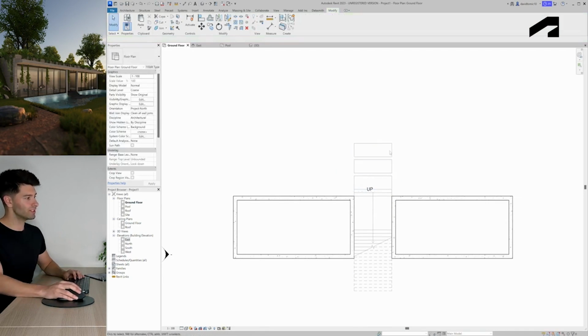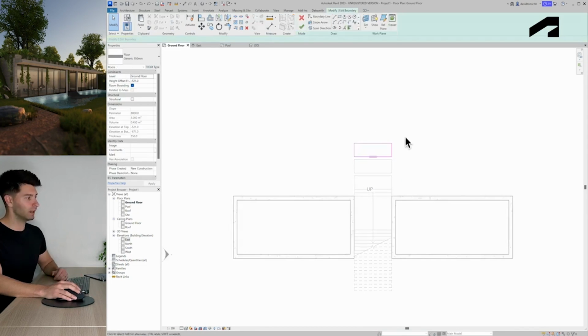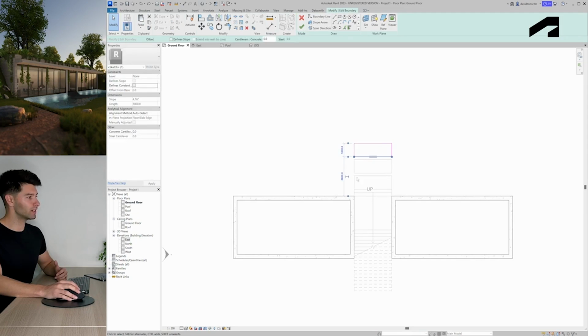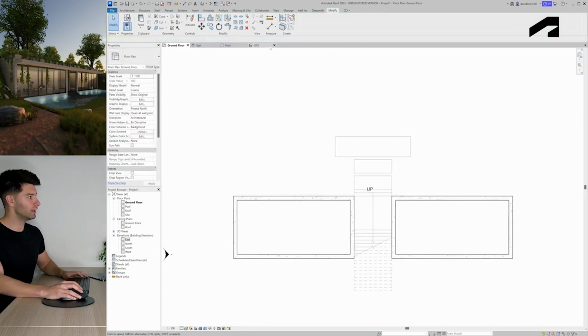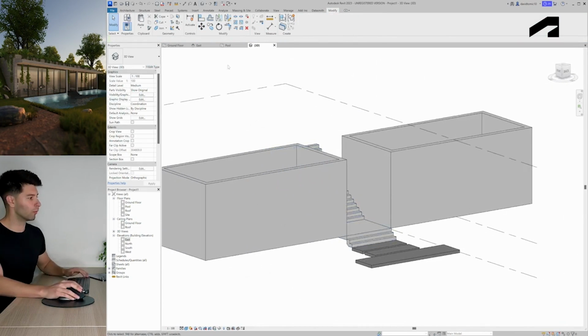Now that we've copied 2 more stairs, let's select our level landing, double click it to reactivate, and now let's make it significantly bigger so we can actually create a beautiful landing. Let's select one of these sides and double click so we can adjust this to 6 meters. Then we want to select the opposite side so we can adjust the depth. Let's make that 1500, just enough for a seating space, and then center align it to our other stepping stone and push it out 200 mil. Pressing OK, escape, and jumping back into our 3D, we're starting to model more and more and making this come